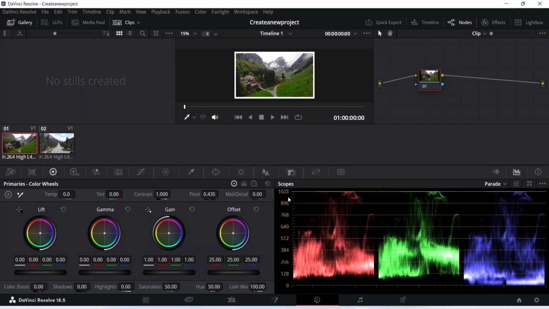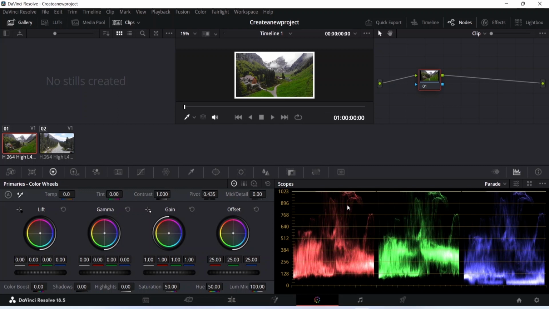Once again, if we see at the top, we have 1023. Now if the scopes or the graphs are going over the 1023 option,